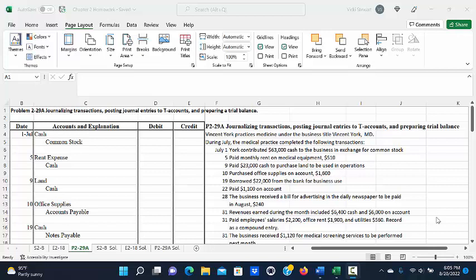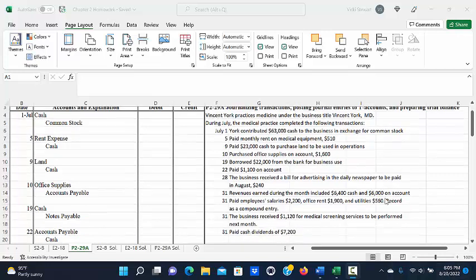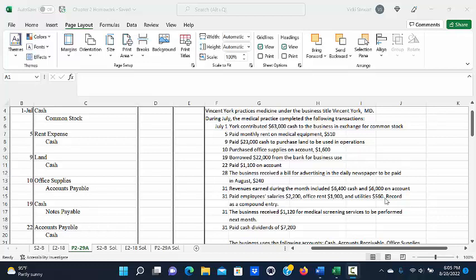This is a demonstration of problem 229A, journalizing transactions, posting journal entries to T accounts, and preparing a trial balance. So the problem states that Vincent York practices medicine under the business title Vincent York, MD. During July, the medical practice completed the following transactions, and they give us all of the transactions for the medical